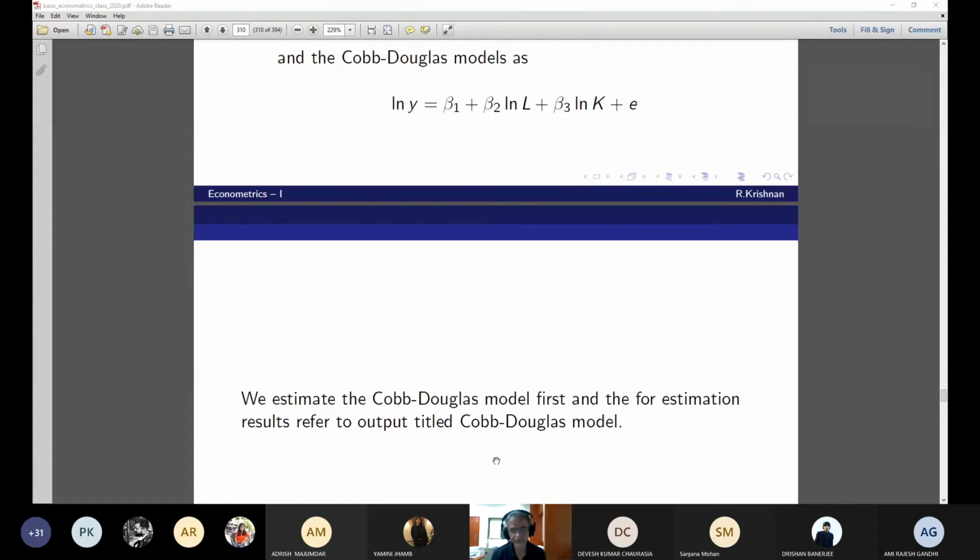Can we say that? Yes. There is no confusion here. Now, I am asking you to test the following. First question. A test of constant returns to scale in a translog model. How would you test it? A joint test of constant returns to scale and beta 4 equal to beta 5 equal to beta 6 equal to 0.